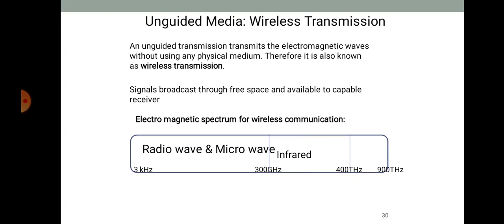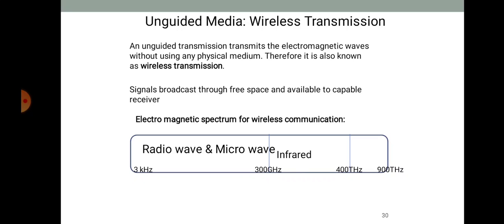The characteristics and quality of the data transmission are determined by the medium and signal characteristics. For guided media, the medium is more important in determining the limitations of the transmission, while in the case of unguided media, the bandwidth of the signal produced by the transmitting antenna and the size of the antenna are more important. That means here the transmitting antenna and the size of the antenna are more important than the medium.